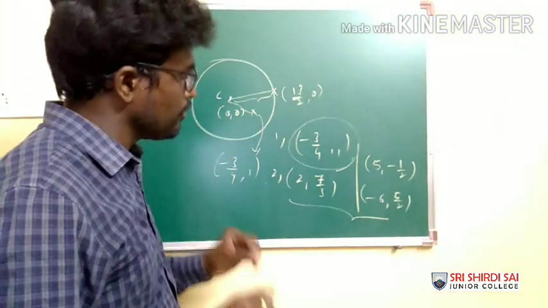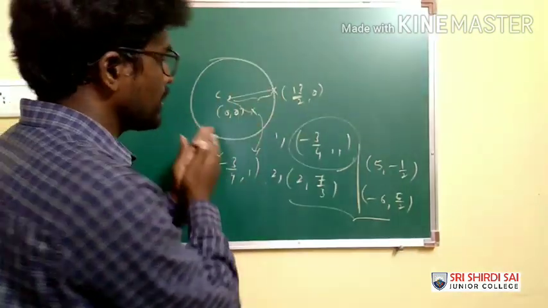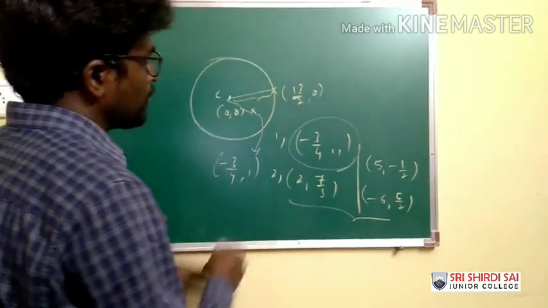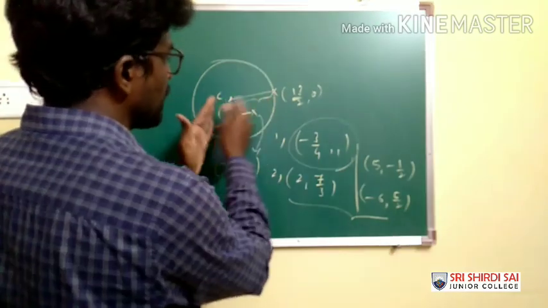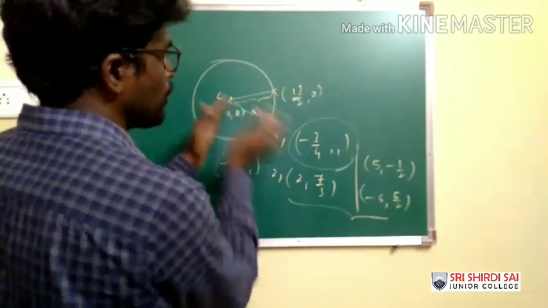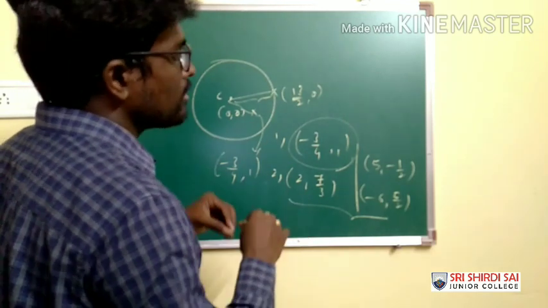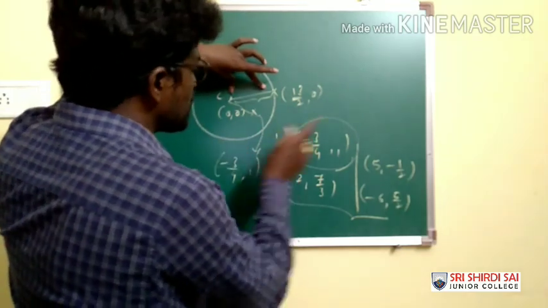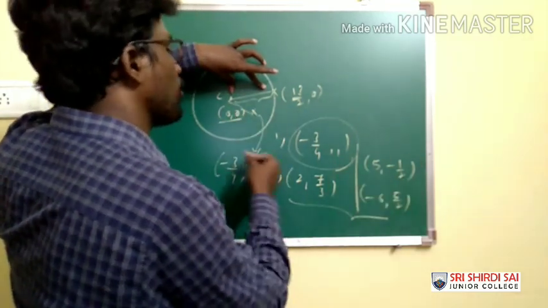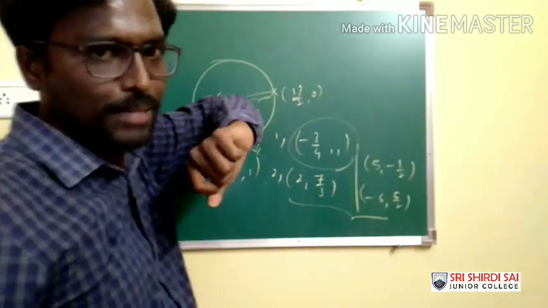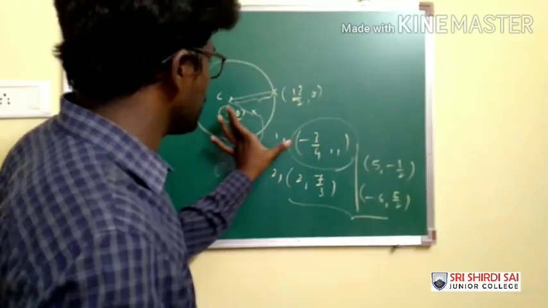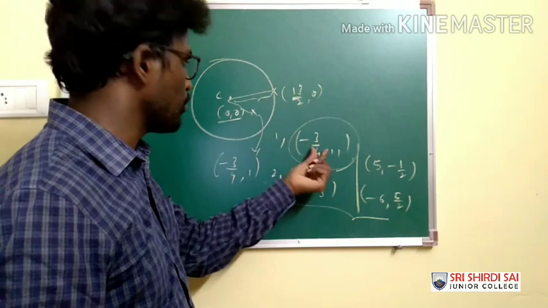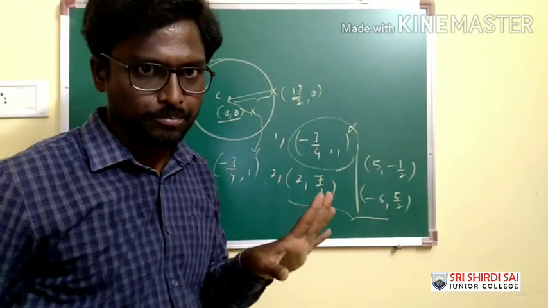Since we need to check which point does not lie inside the circle, we can do it with the help of the distance formula. If the point lies inside, the radius length will be greater than this length. And if you prove that the radius length is smaller than the distance from the origin to any of these points, then that point lies outside. Got my point? Suppose you are calculating the distance between the origin and this point. If this length is smaller than this length, then this point lies inside. So this option is not suitable for us.